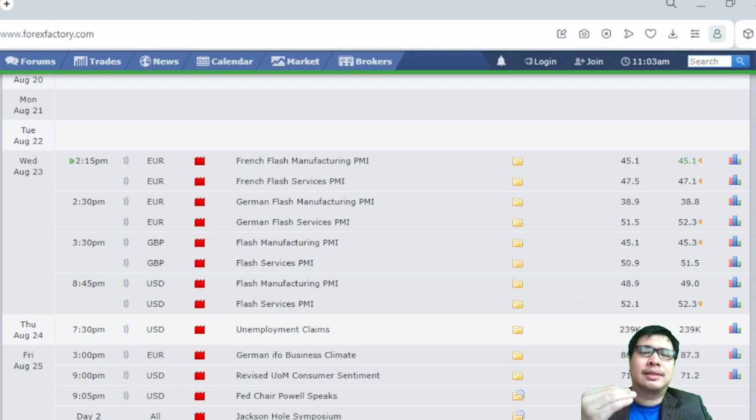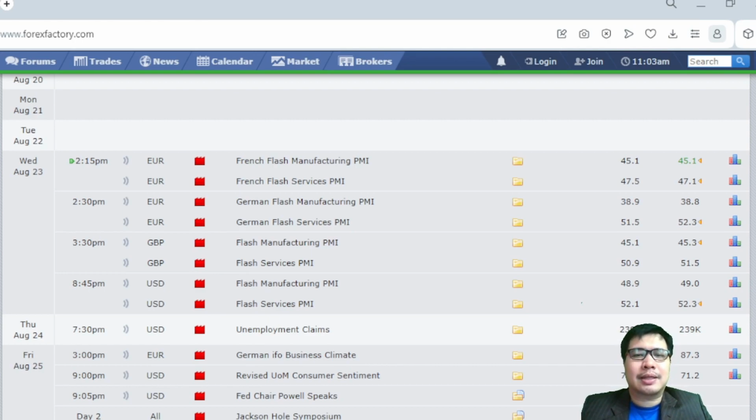But it's still better than manufacturing. All of these countries have services better than their industry, but industry is getting better and better. So this will show the latest updated condition of each country's manufacturing and services industry. Since today we will only have the European, UK and US manufacturing and flash services PMI,